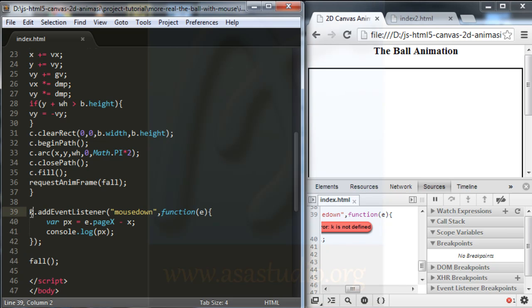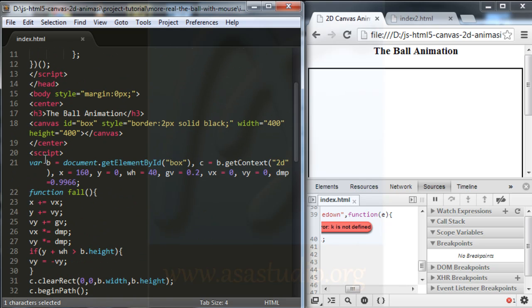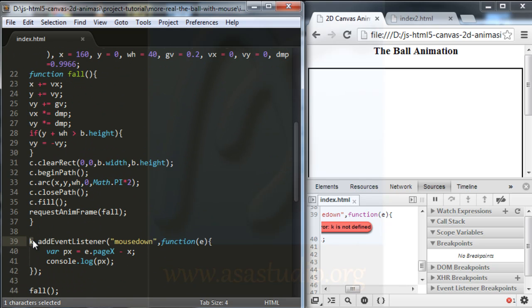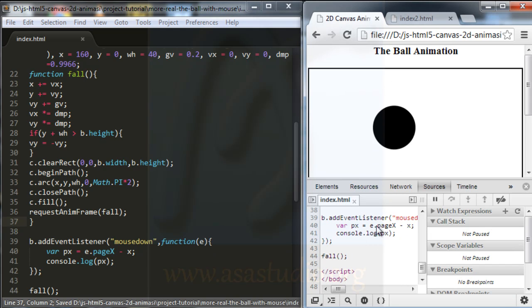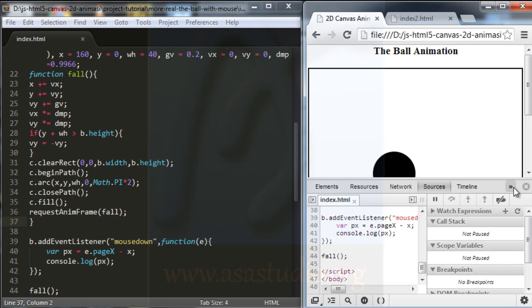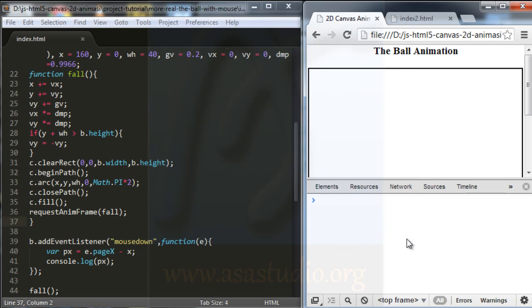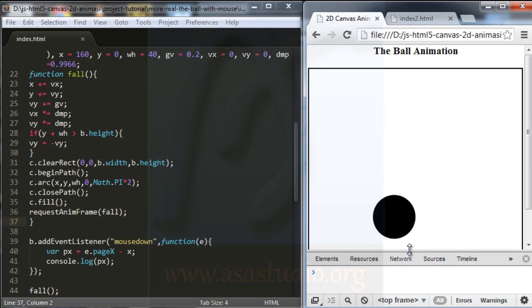Okay, I have an undefined variable. I change it to b. Okay, and I save. I reload. Now I have no error here. I open the console and try my page.